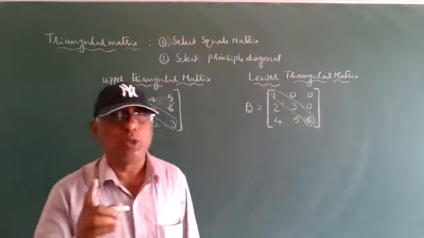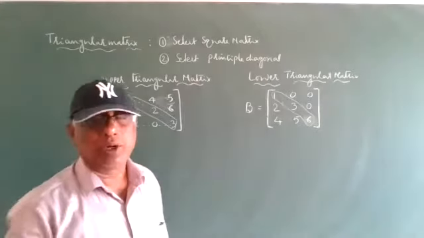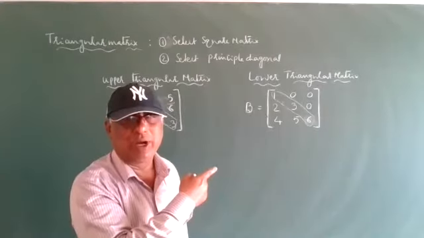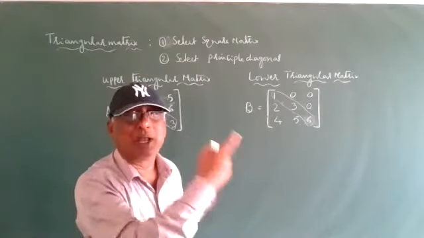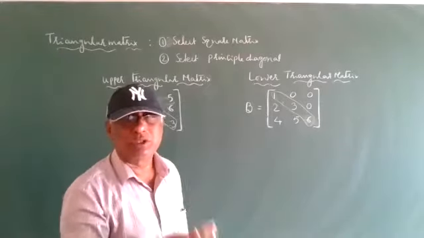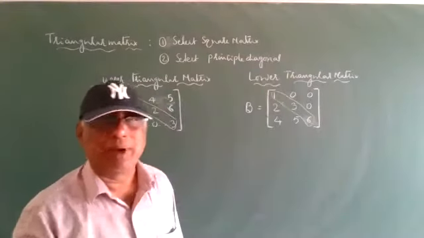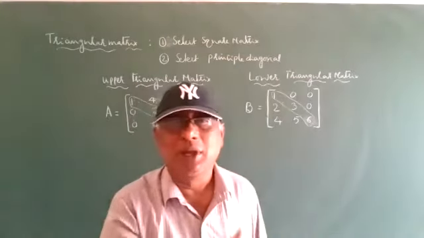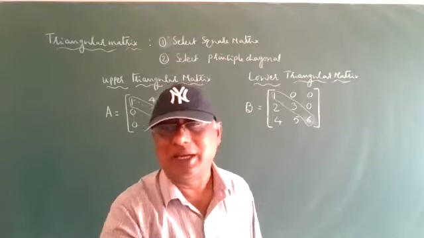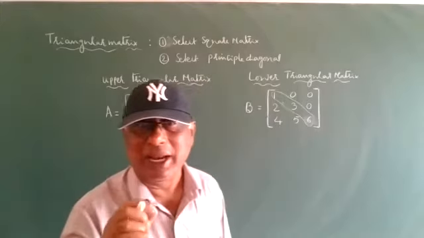Next, what is the use of the lower triangular and upper triangular matrix, sir? We are going to discuss it mainly with the determinant. It is very easy to find the determinant. The determinant is a matrix value: we simplify and get some value, and that value is called the determinant. I will explain at that time. So upper triangular and lower triangular matrices make it very easy to find the determinant. Not differentiation, determinant.